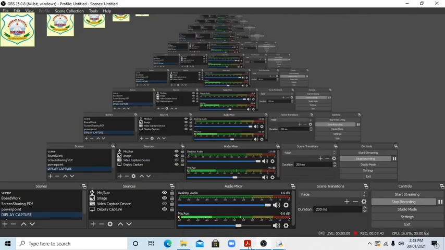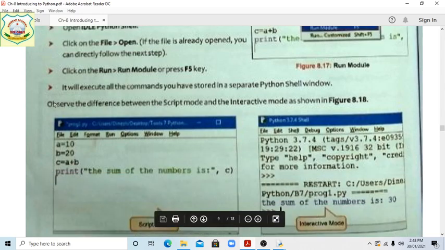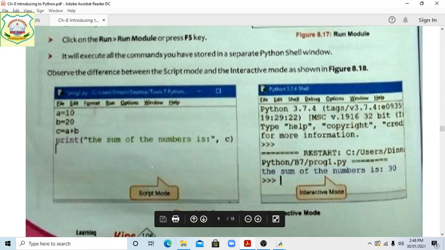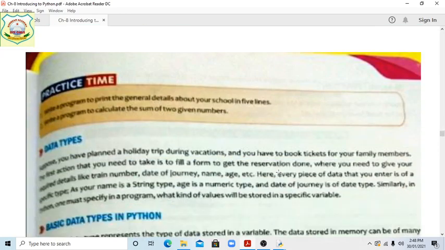Clear students? And after that there is script mode and interactive mode. In script mode we are writing whatever program or project, okay, and in interactive mode we are getting the answer. Clear? It's output.